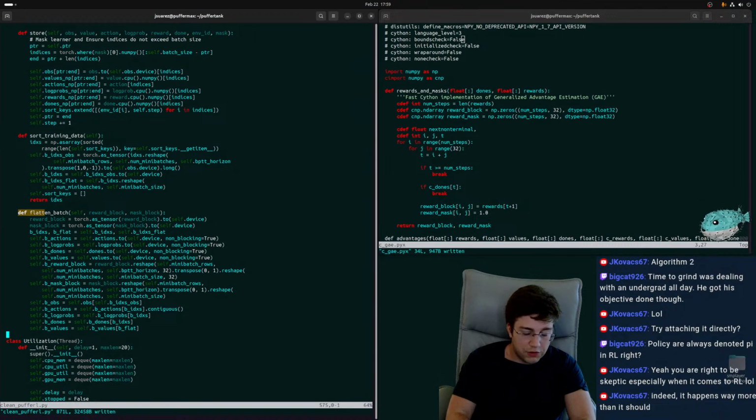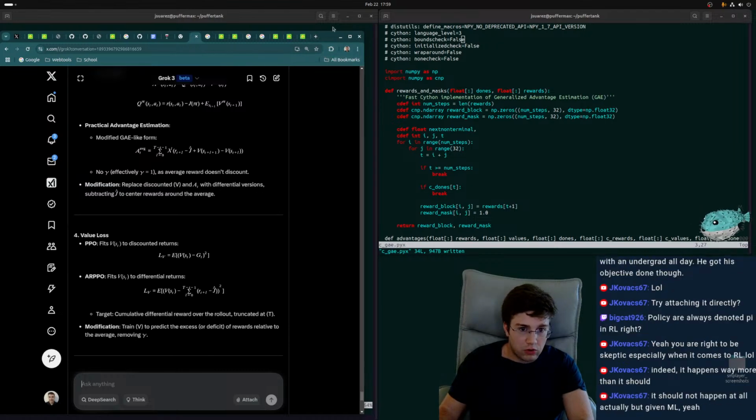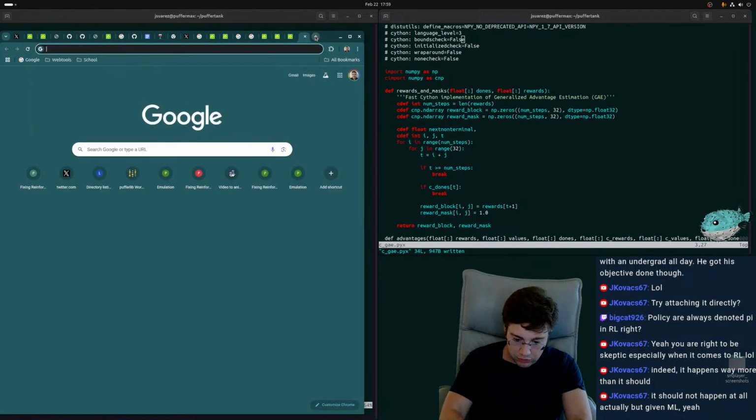Yep. Well, this is the whole idea with Puffer. I don't know how much you've seen my other work, but why is the majority of RL research wrong, right? They don't run enough experiments, and they don't run full hyperparameter sweeps on their method, and they write terrible code that's irreproducible, right?